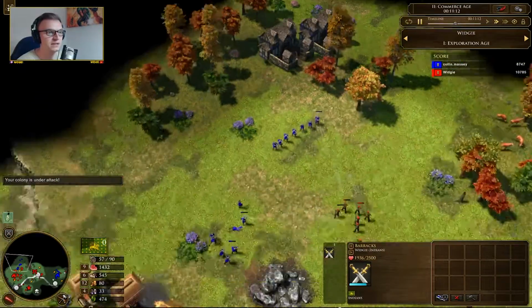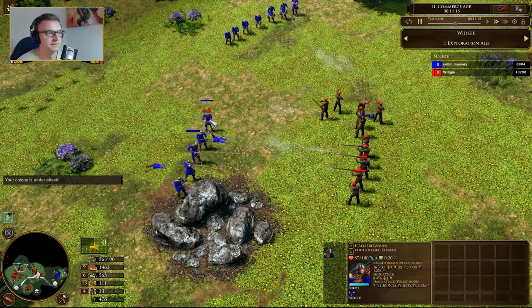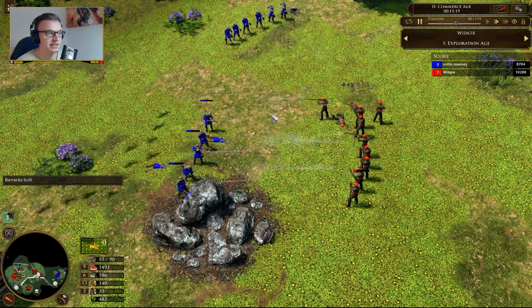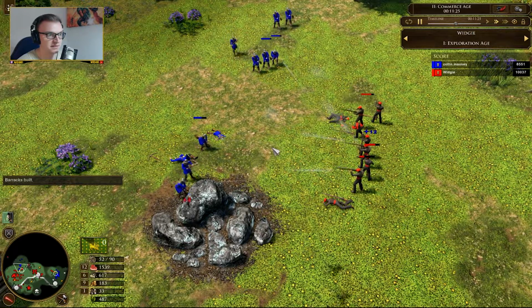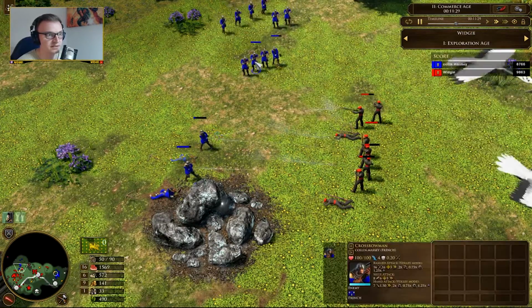So I'll come off the lock here. Here we go. So they're doing 16, I'm doing 16, so exactly the same damage. So it's an even fight, but he does have more. What's their health though? 100, I've got 115, so...